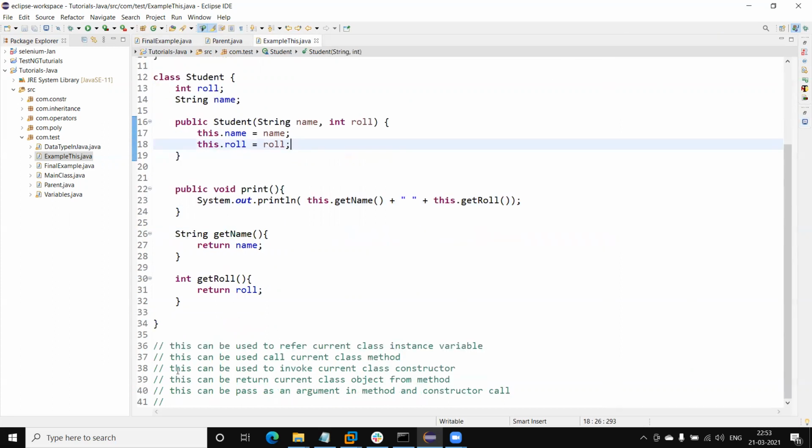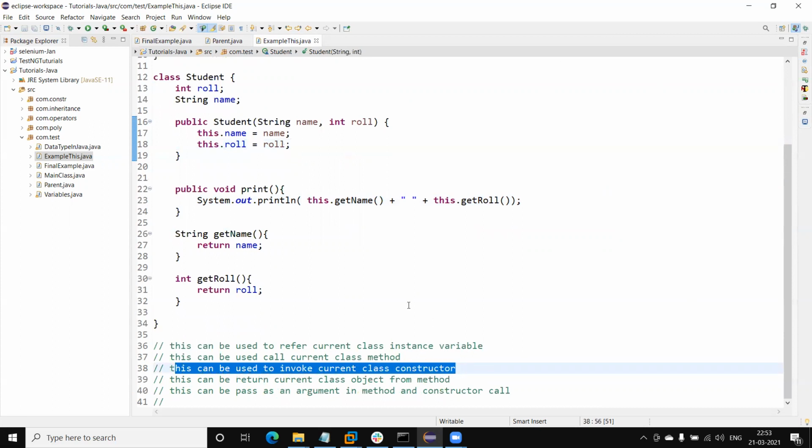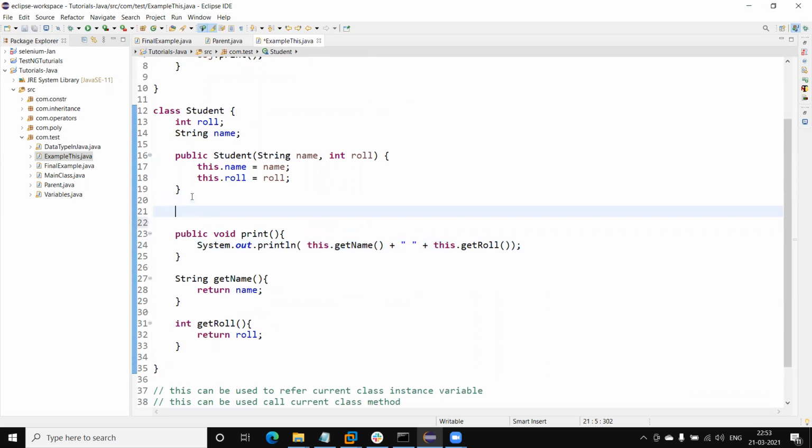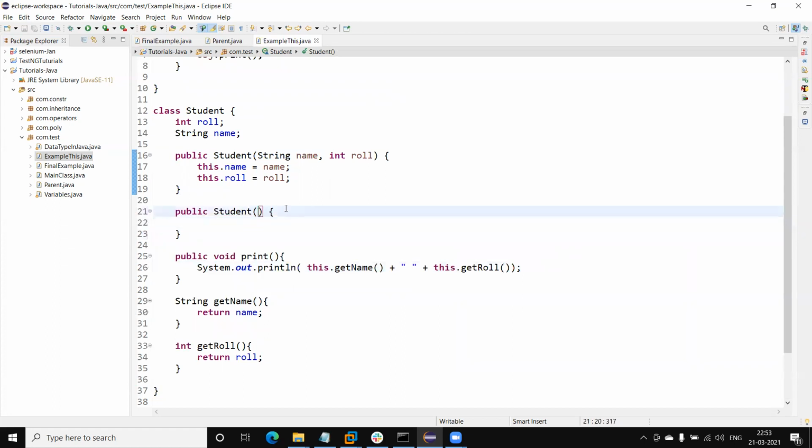Next, we can invoke the current class constructor. Suppose that we have one constructor here, and another constructor, this one, and here I'm passing the name of college.